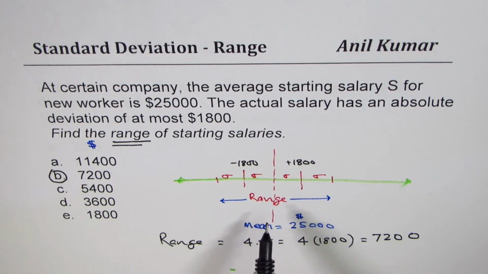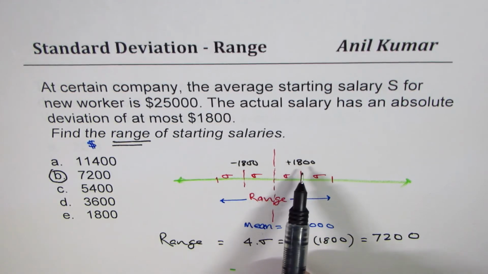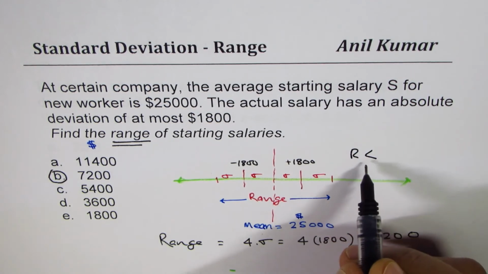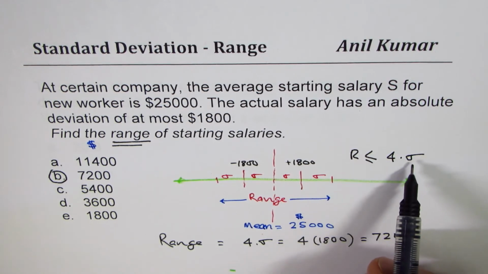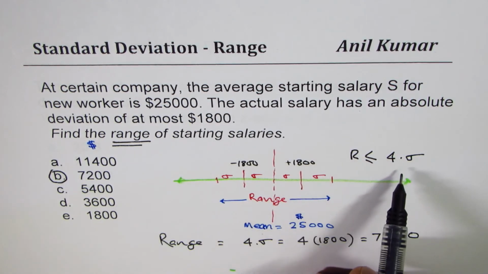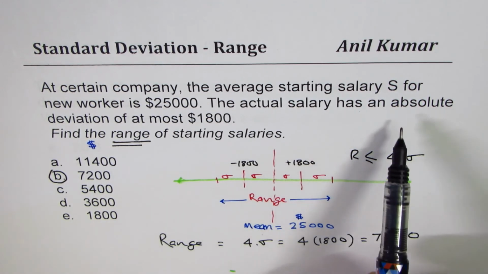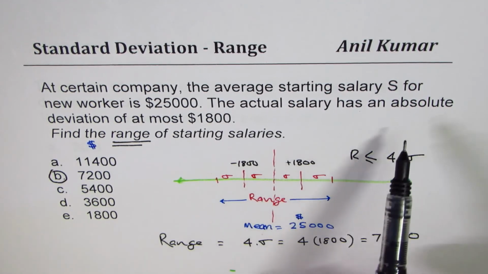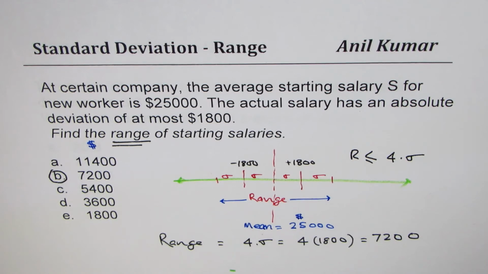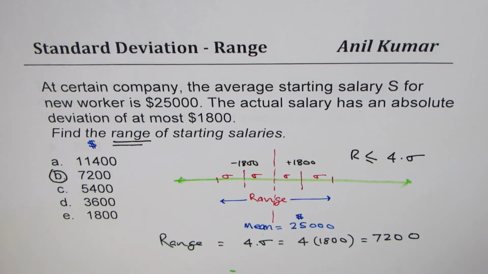So you can always write the inequality that range is less than, or you can say equal to, 4 times standard deviation. And then when you fill in the standard deviation, you get your answer, right? So they also say absolute deviation, right? That really means you always have to write deviation as a positive number, on both sides. That gives you a hint in the question itself to correctly answer. I hope that's absolutely clear. And now let's move on